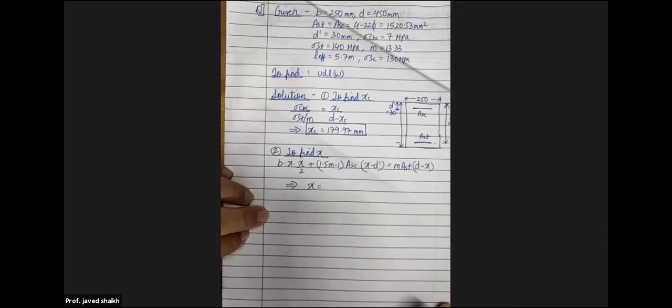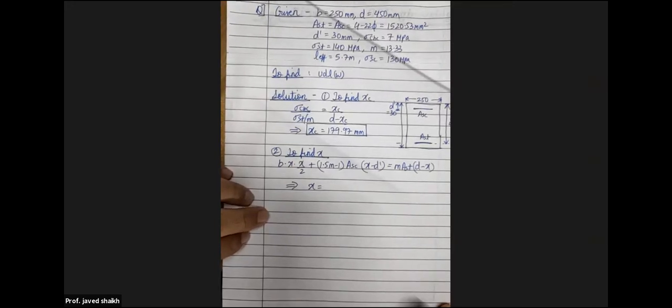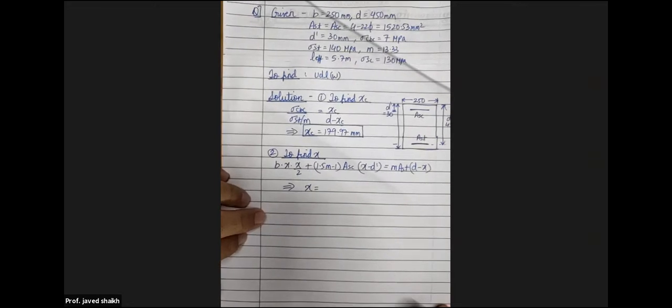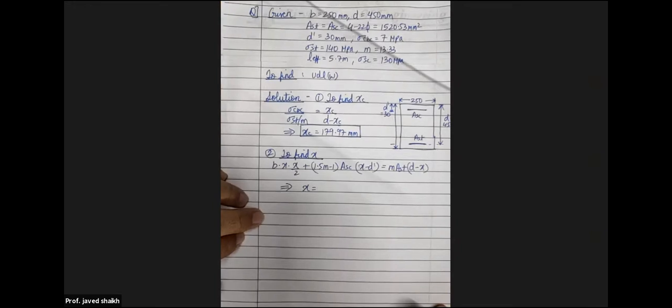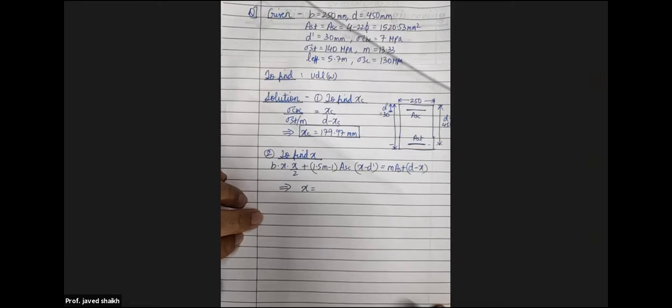Okay, so once we finish the problem, we will stop the session. So be quick. जितना जल्दी solve करेंगे, we will stop the session. Yes, give me the value of actual neutral axis. Only X is unknown, everything is known to you. Yes, be quick.